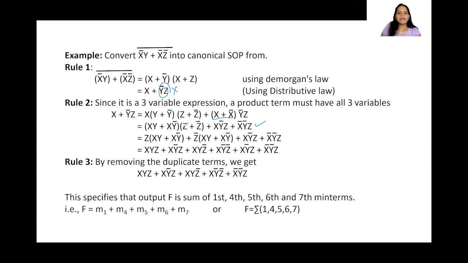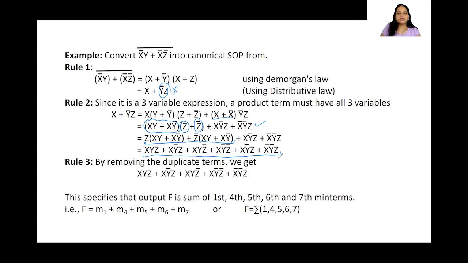Now again I am multiplying it with z and z bar. So this entire thing with z once and z bar once. That is how I will get this step, and then this one I'm writing as it is, right? Now again I'm opening the bracket and multiplying. I'm getting x y z, x y bar z, z bar x y z bar, x y z, y bar z bar, x y bar z, same thing, and x bar y bar z. Now finally we are getting this particular expression.